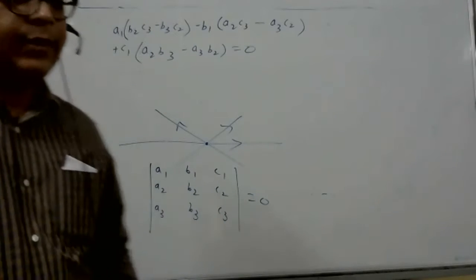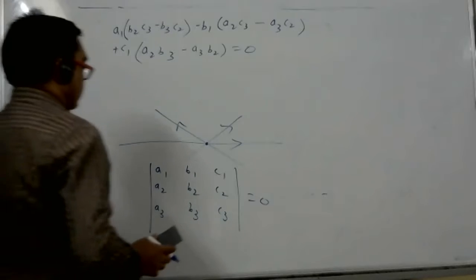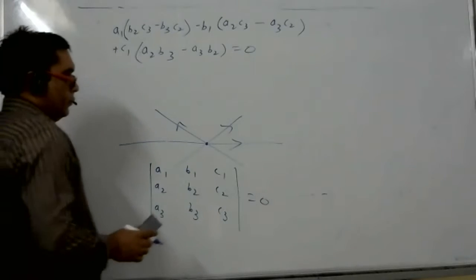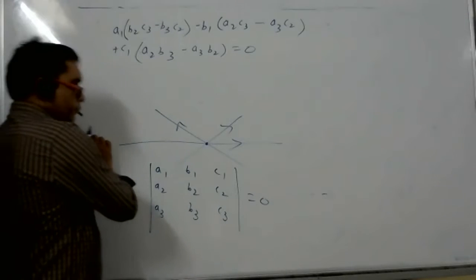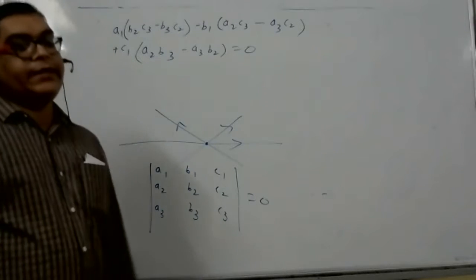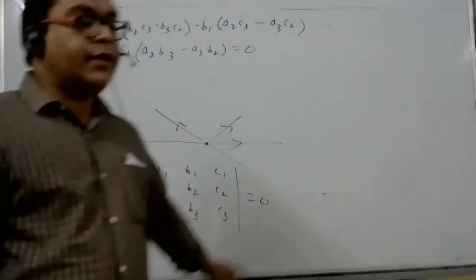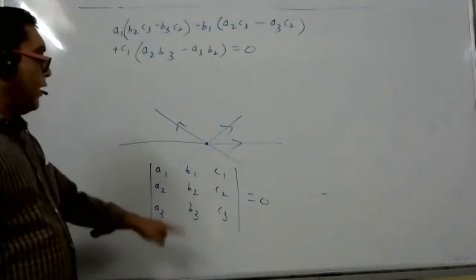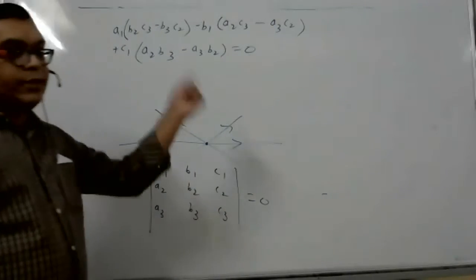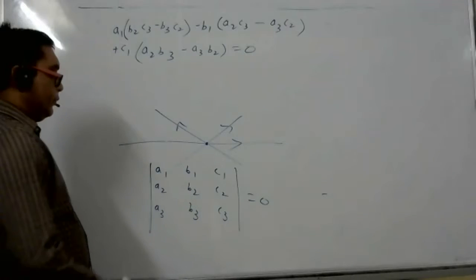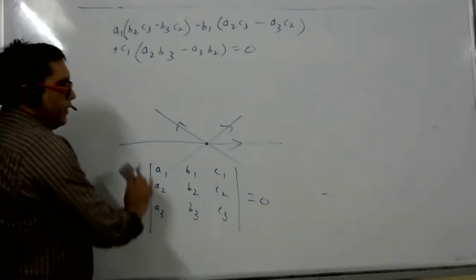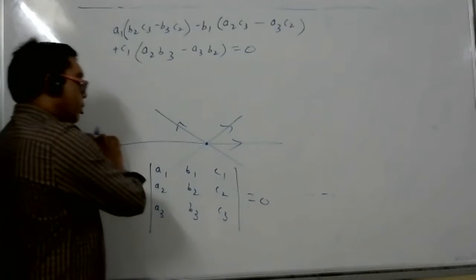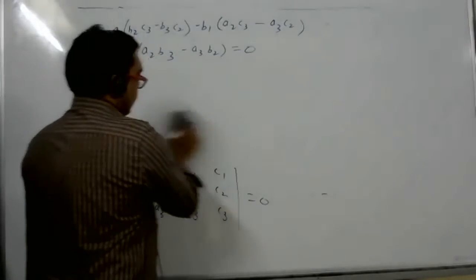Sir, it's not necessary to do all these things. From the first two equations, we can get x and y by the elimination method and substitute in the third line. This is there in the textbook. This sum is there in the textbook. So if you know the result directly, you can apply the result. Otherwise, you can do it that way also. It is up to you. But it is better to learn this result, though you can do it that way also. You're telling correct. It is there in the textbook.